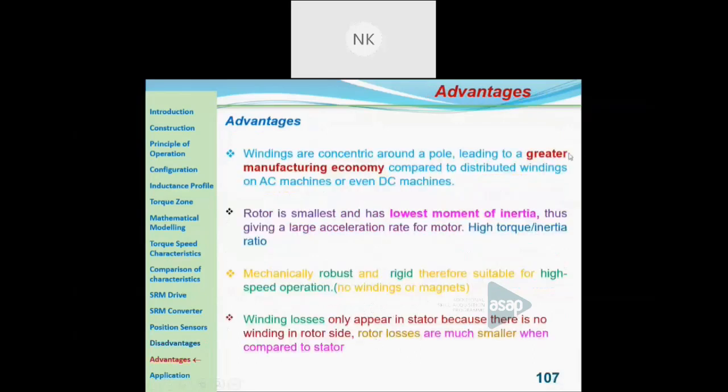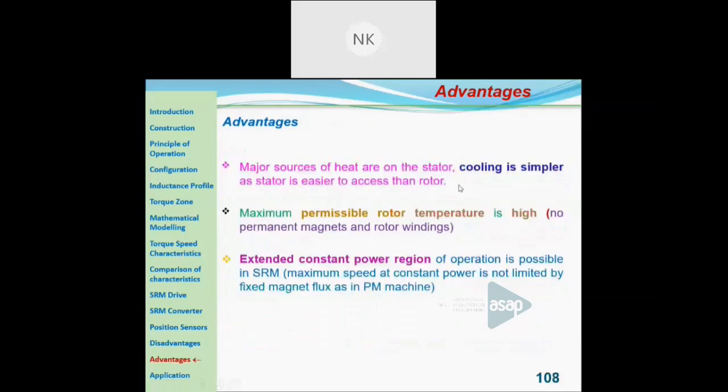Advantages: there is greater manufacturing economy when compared with the distributed winding of AC machines, and the rotor is smallest and has the lowest moment of inertia. It is mechanically robust and rigid for high speed operation. Winding losses are much smaller when compared to others. And here the cooling is also simpler since you do not have any winding on the rotor part. And the maximum permissible rotor temperature is high,